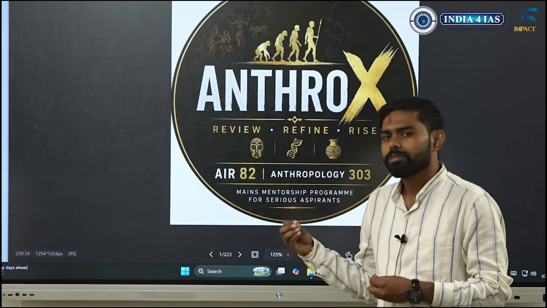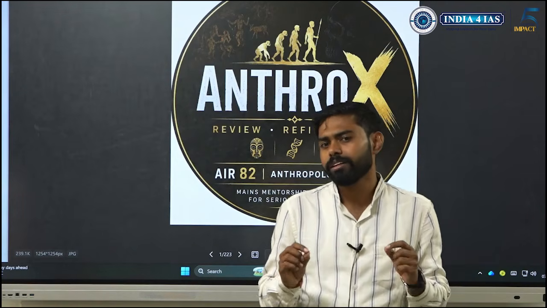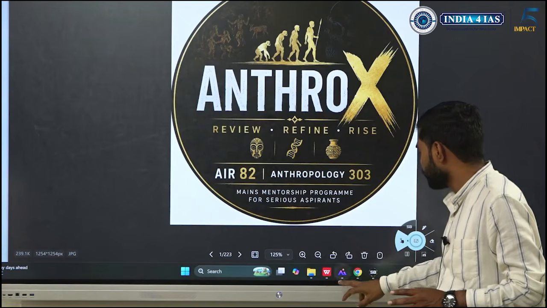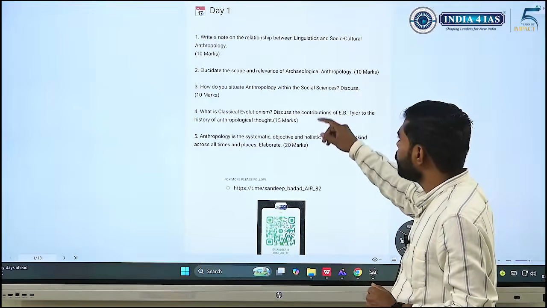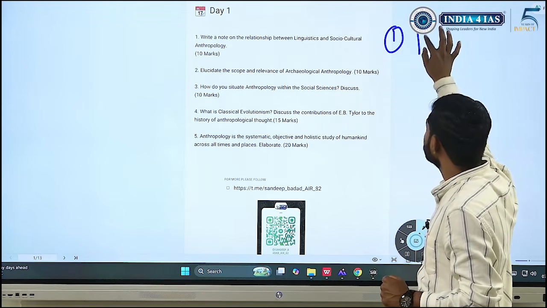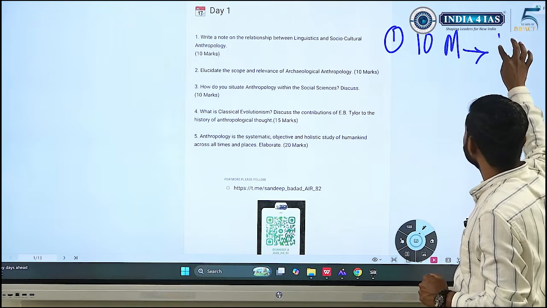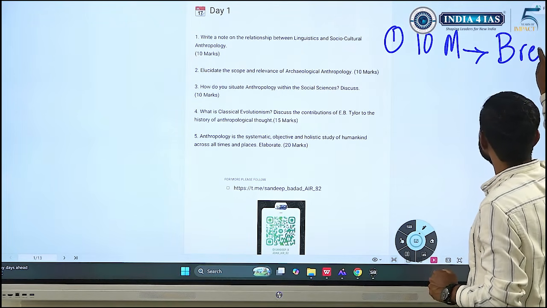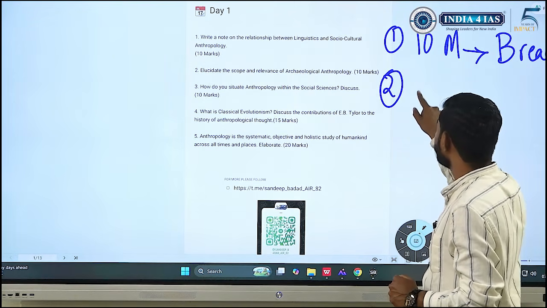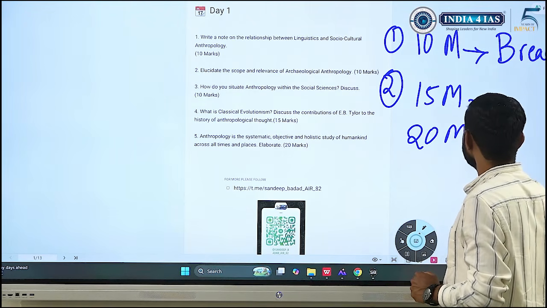All right guys, before we start to see the approaches for those questions, let me take a couple of minutes to explain how to approach different types of question. So there will be a few types of question. One is 10 marker, which everyone knows. In 10 markers the focus is on breadth, and on 20 markers and 15 markers the focus is on depth.